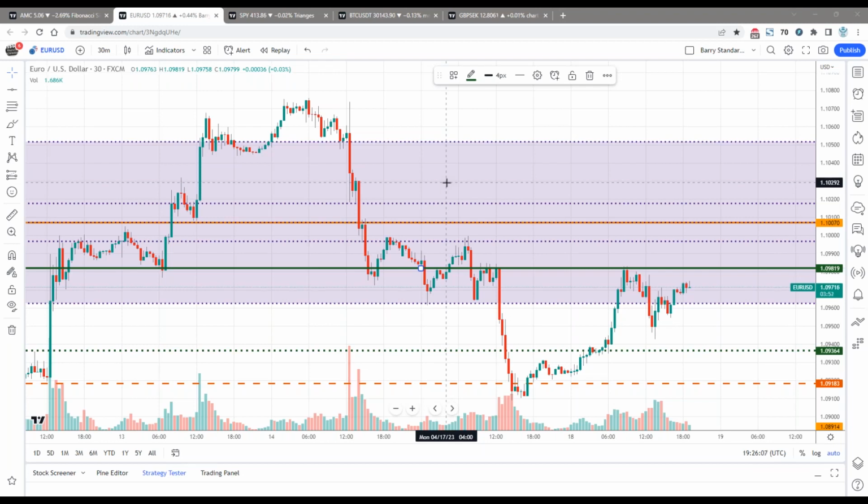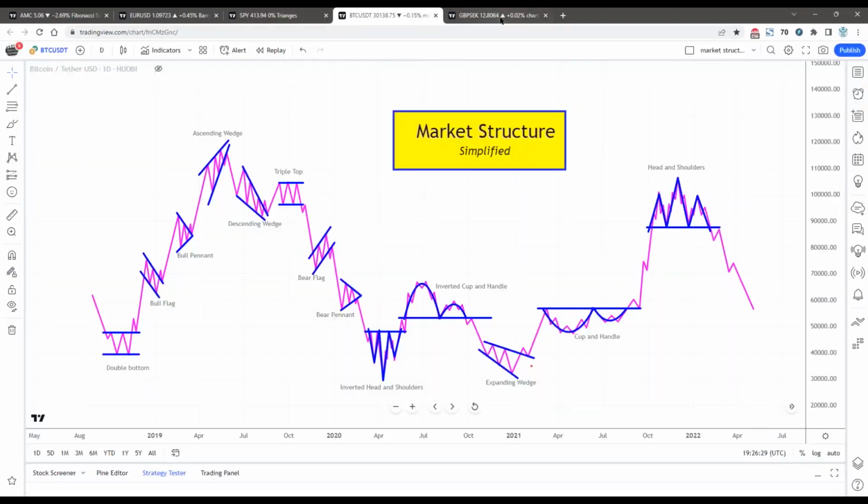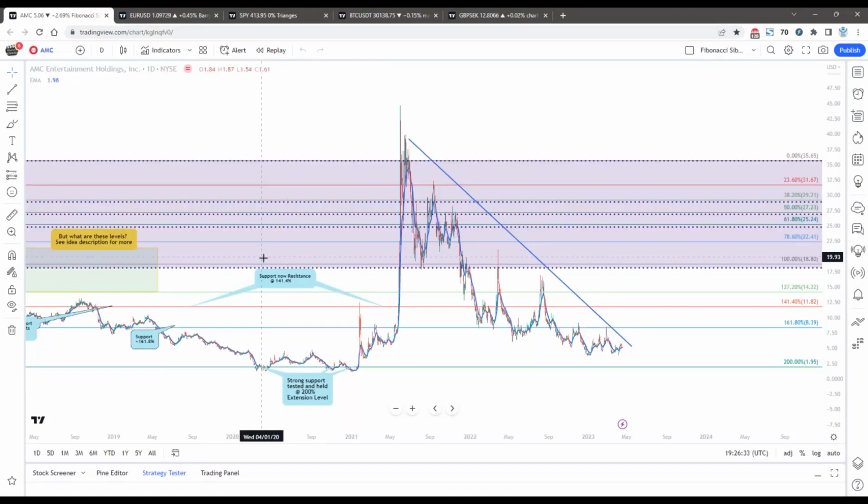Now, we don't use this to make trading decisions, but we do use it for having trading information. We do use it for setting our stop losses. We might even use it to set our entry points. So you can see here on this chart where my support and resistance levels have been combined with Fibonacci's as well as trend lines.